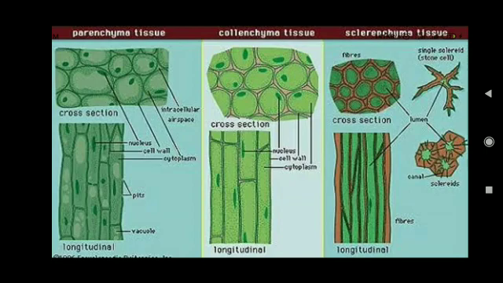Parenchyma is the most common simple permanent tissue. It consists of relatively unspecialized cells with thin cell wall. They are living cells. They are usually loosely arranged, thus large spaces between cells are found in this tissue. This tissue generally stores food.